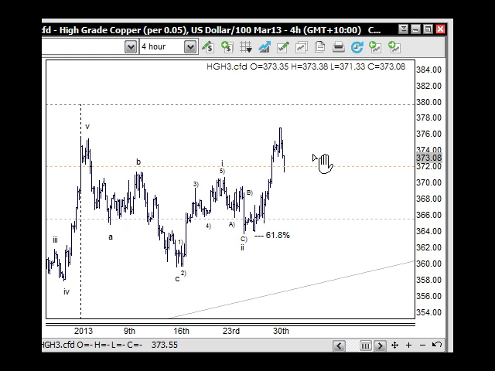and wave 4s can be complicated, and they're normally complicated, and the reason for that is because I look at it in terms of emotion, because you know, markets are from the minds of man. So this strong move here took a lot of energy, so it was a large event, and it needs recovery from that. So the wave 4 can normally be sideways and complicated. So it's just an unwinding of that energy, that time, as well, that power. But once it's completed here, we should see a move further up here in line